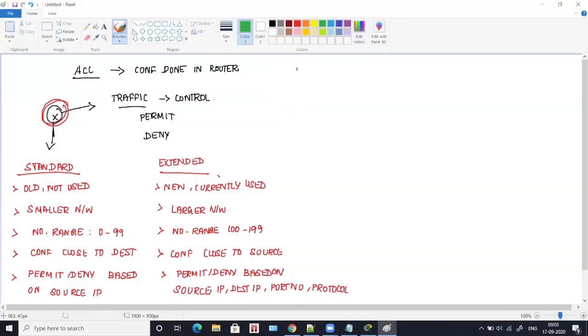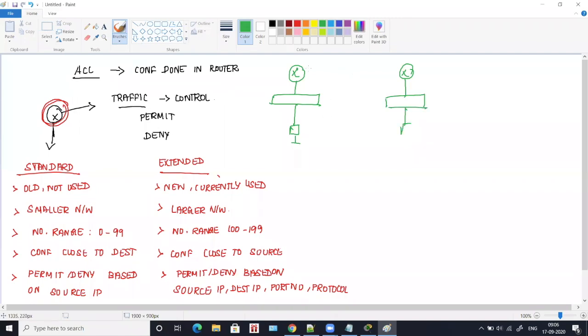Now let's take this example. I'll take one router here, another router here, and a computer. Let's connect these two routers.